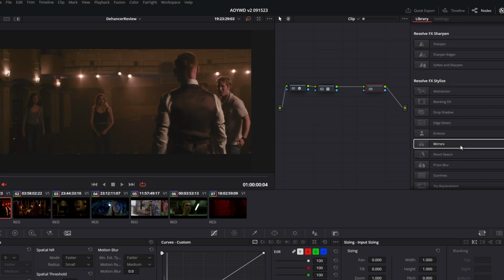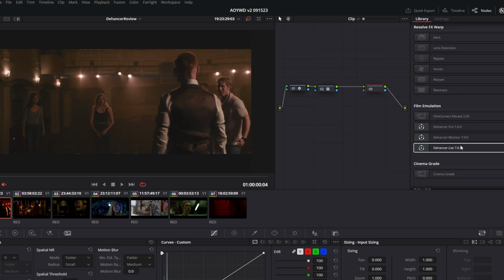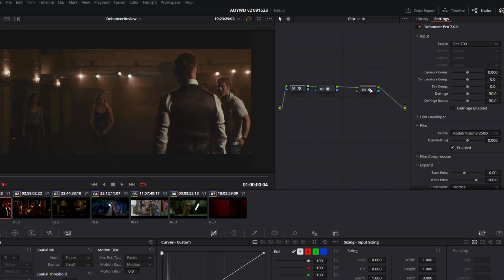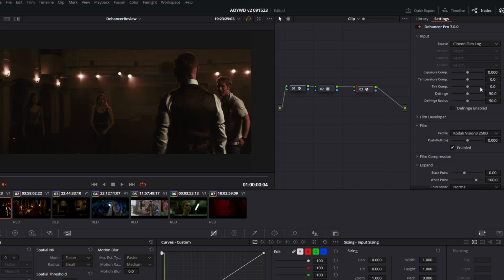So we come down here to the Dehancer Pro, drag this in, boom, there we go. Okay, so first step, we're going to take this. It's got a few different options, but we're going to go with Cineon Film Log since that's what we converted it to. And then, the reason I was really interested in this plugin is just, as you can see,